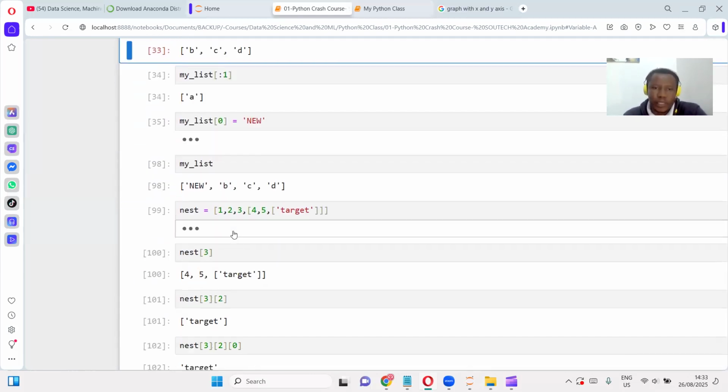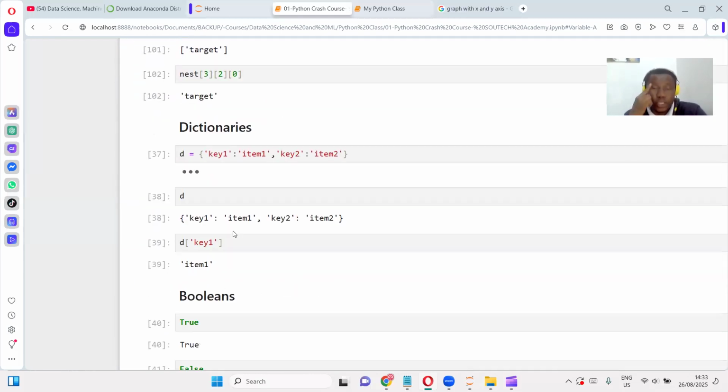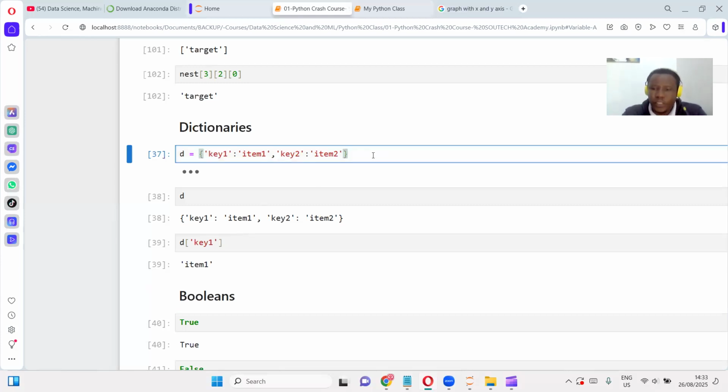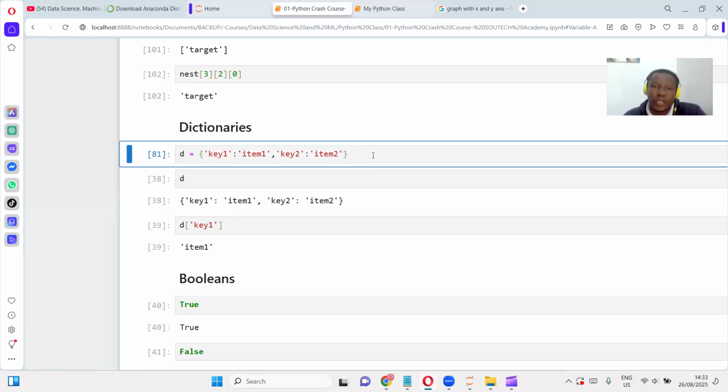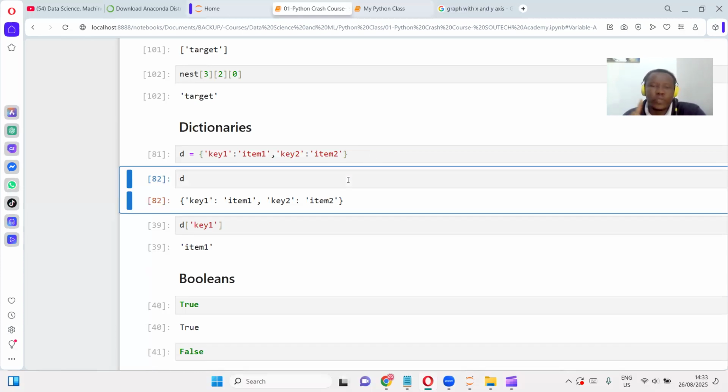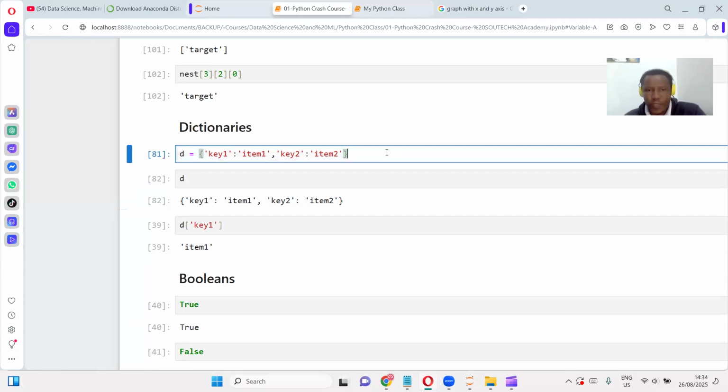So let's look at dictionaries. So dictionaries are very important. So, in a dictionary, let's declare this dictionary. So the difference between a list and a dictionary is that a dictionary is going to be key pairs. That's one way we know it's a dictionary. So a dictionary with key pairs. So that's what makes it a dictionary, because you see your normal dictionary, you say